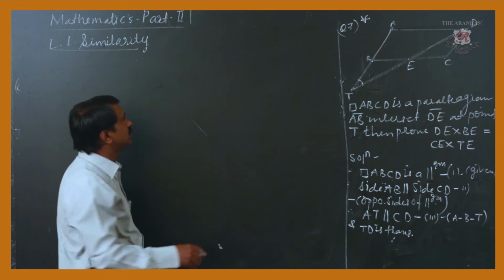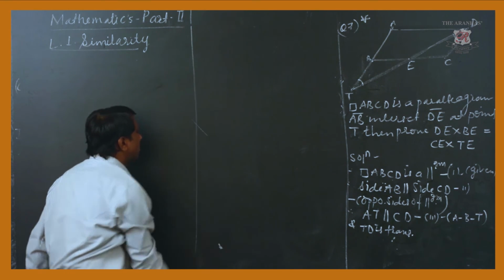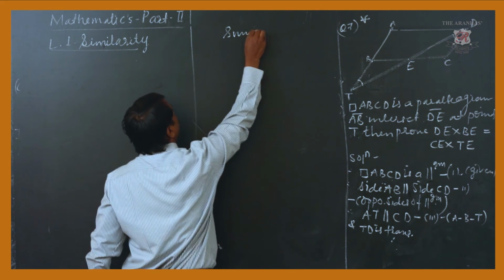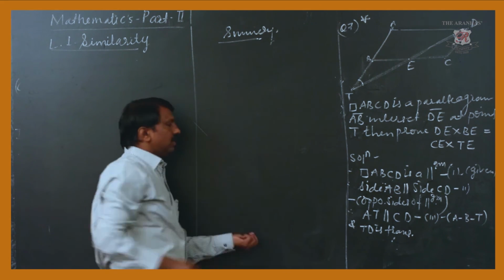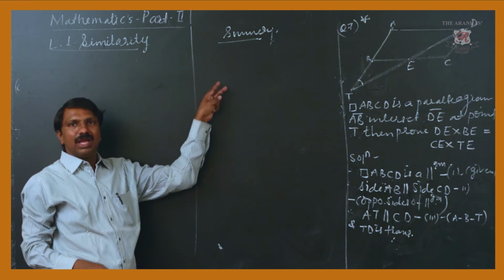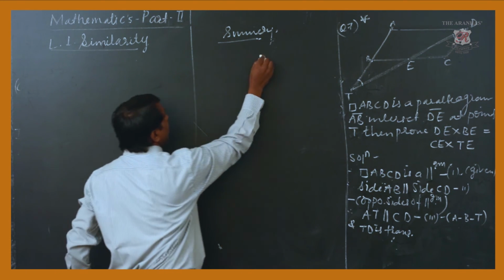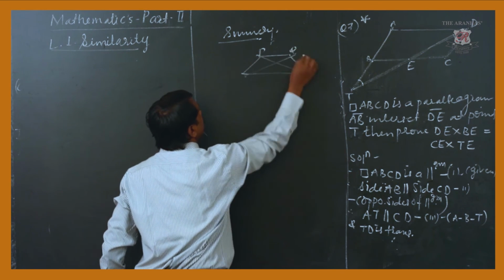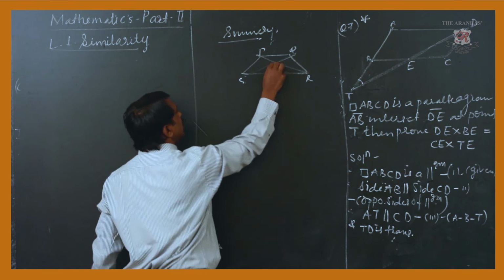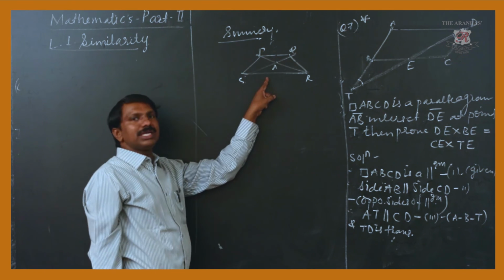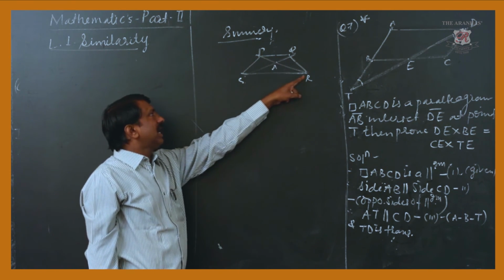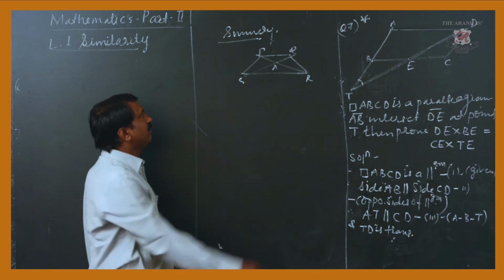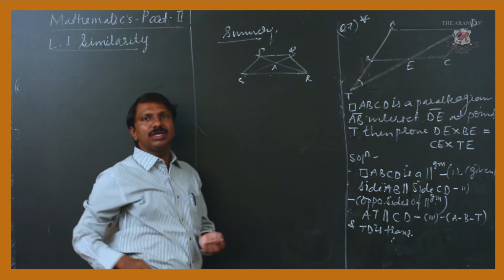Question number 5 we discussed. In it a trapezium was given. In that trapezium two sides' relations were given. This is P, Q, R, S and A. In that PQ was parallel to SR. AR is 5 times PQ. Next, QA is 5 times AS. Then we have to prove SR is 5 times PQ.